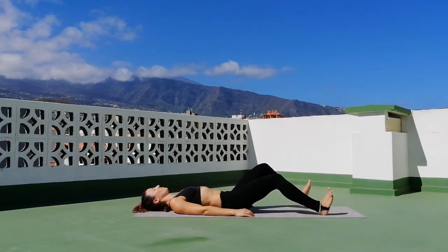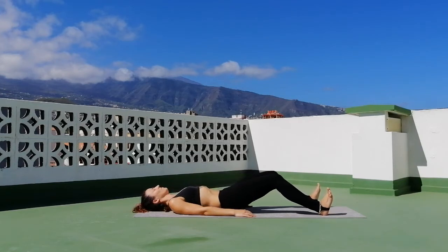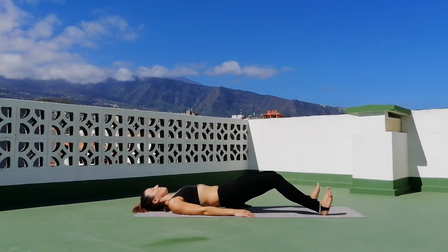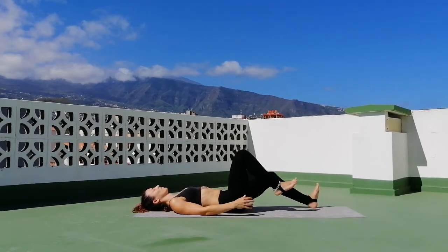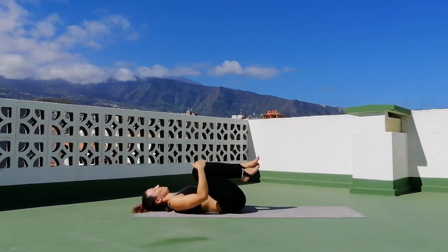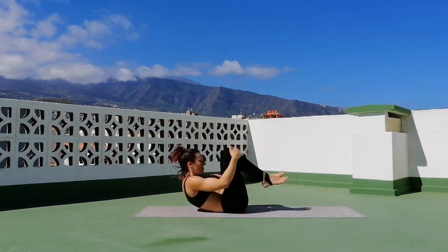And once again, distancing the feet even more from the glute. Once more, inhale up. Exhale, down. And hugging the knees to the chest, rolling side to side, and doing a few rock and roll movements to massage the spine,